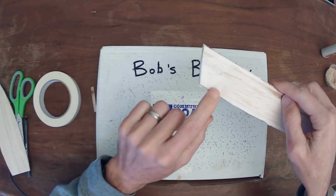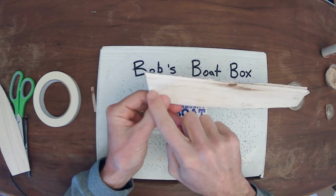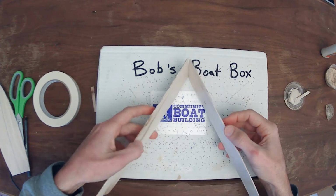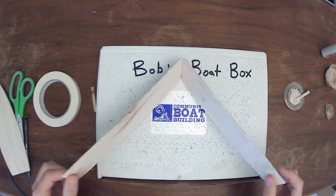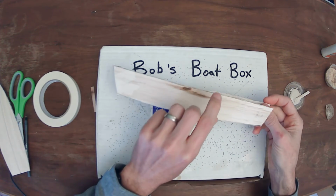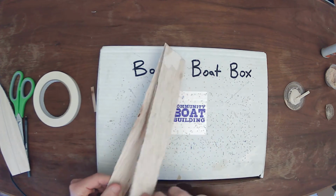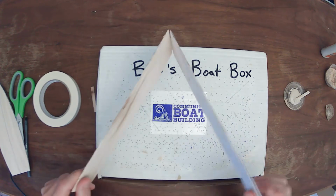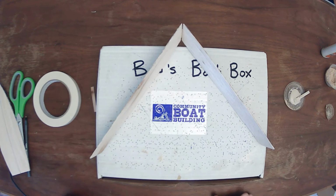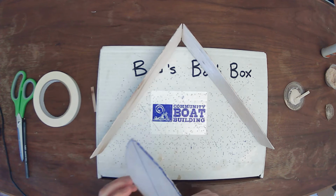Alright, so I've got 2 pieces of tape across the front here. So now I should be able to open it up, and these 2 should stay together. So let me show you again. Alright, so those 2 now hold together. It's kind of like a hinge, like you'd have a hinge on a door. Alright. So with those 2 together now, I can take my bottom panel